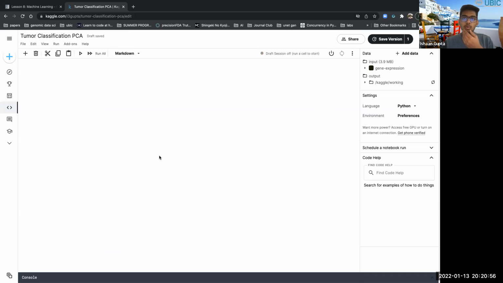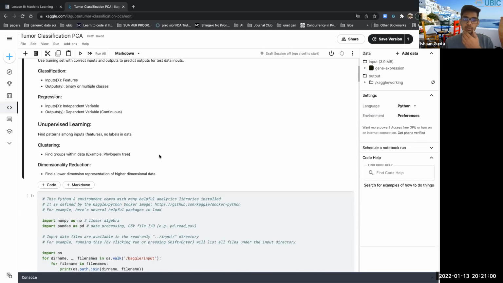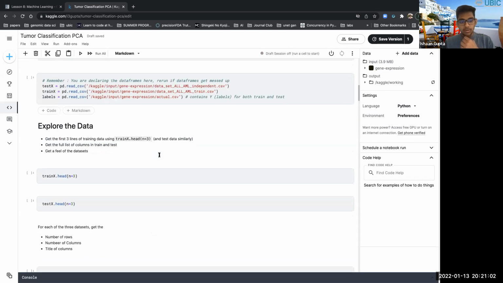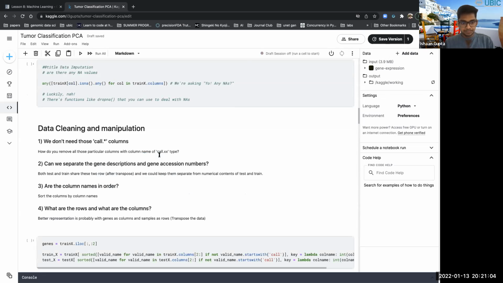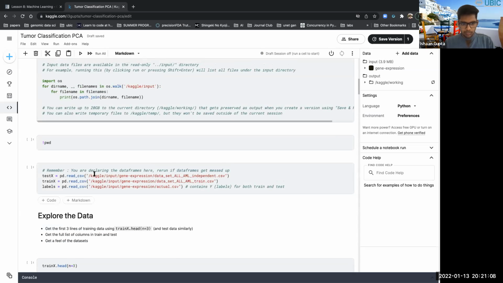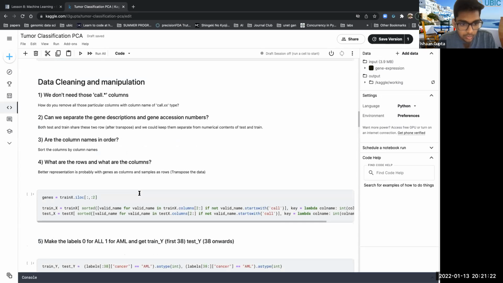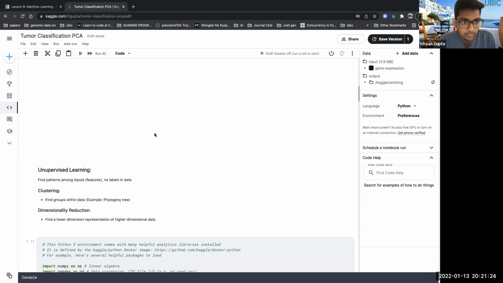Now, how many rows does the train dataset and how many rows does the test dataset contain? That's a good thing to know. Kaggle has already separated the train dataset and the test dataset, but the Y labels are all present in labels, and we'll now see what the labels are, what the train is, what the test is. So if I run this,